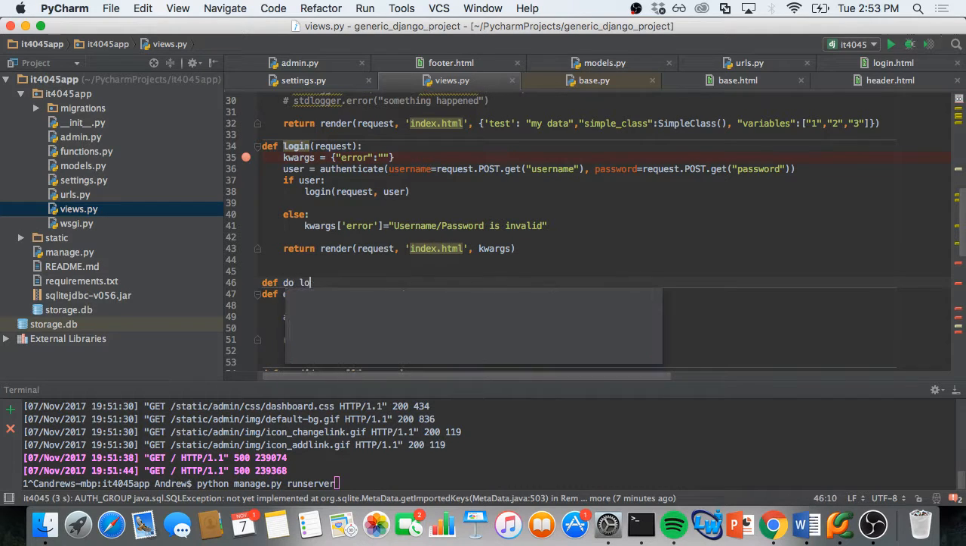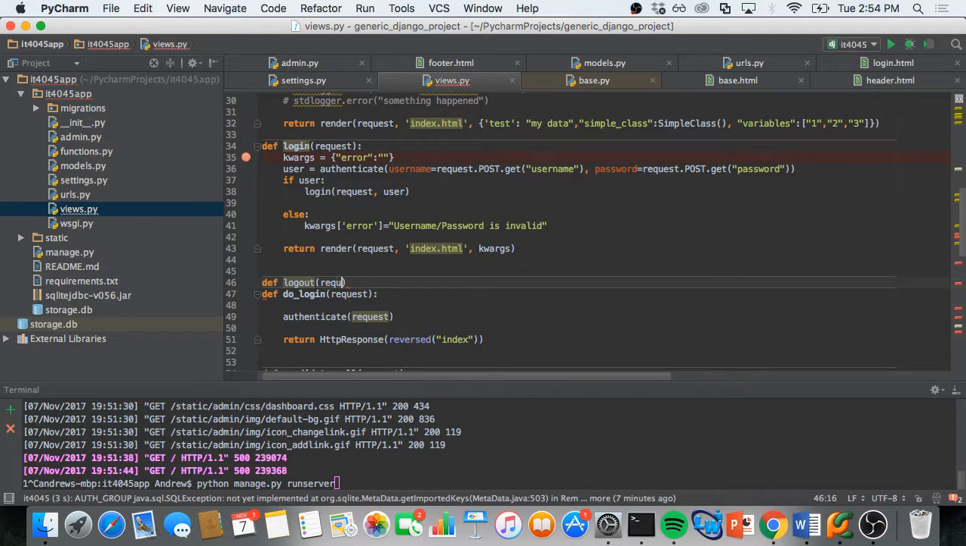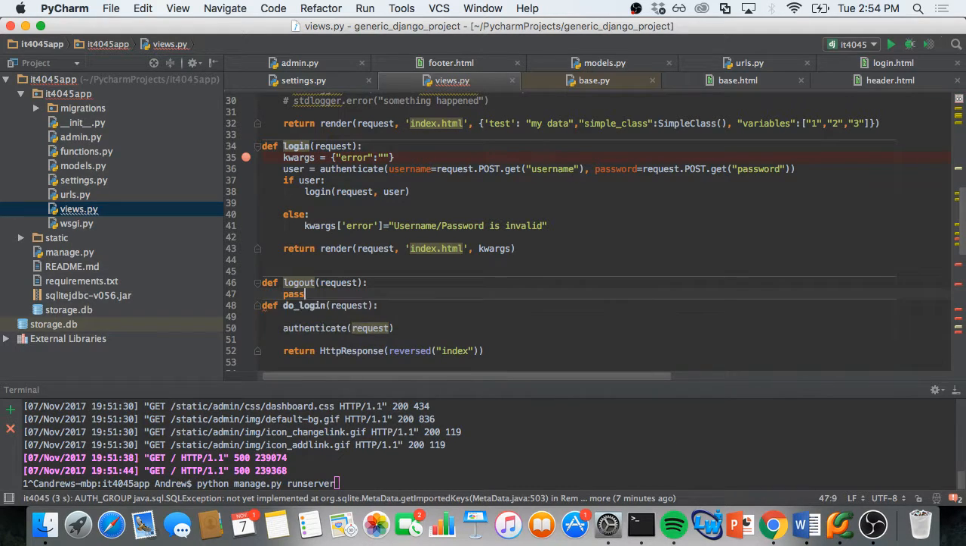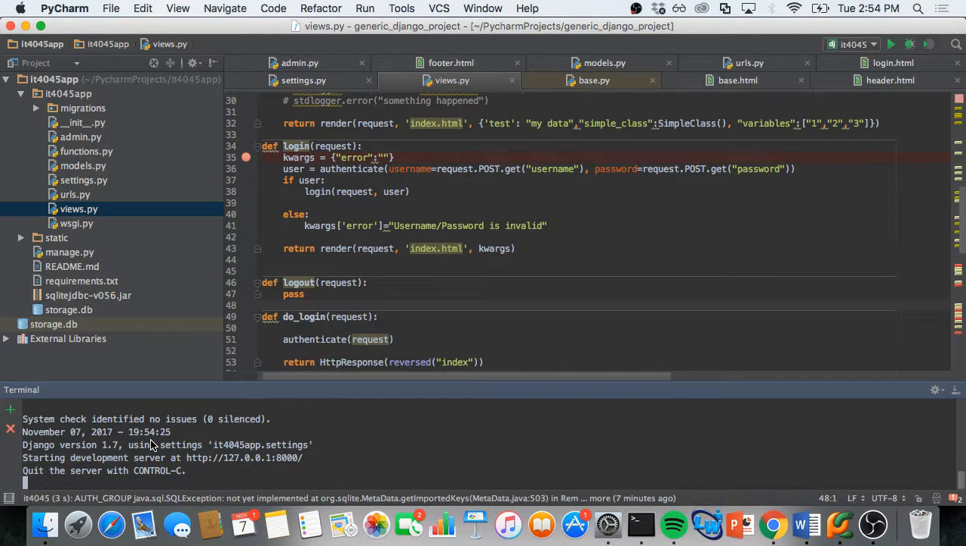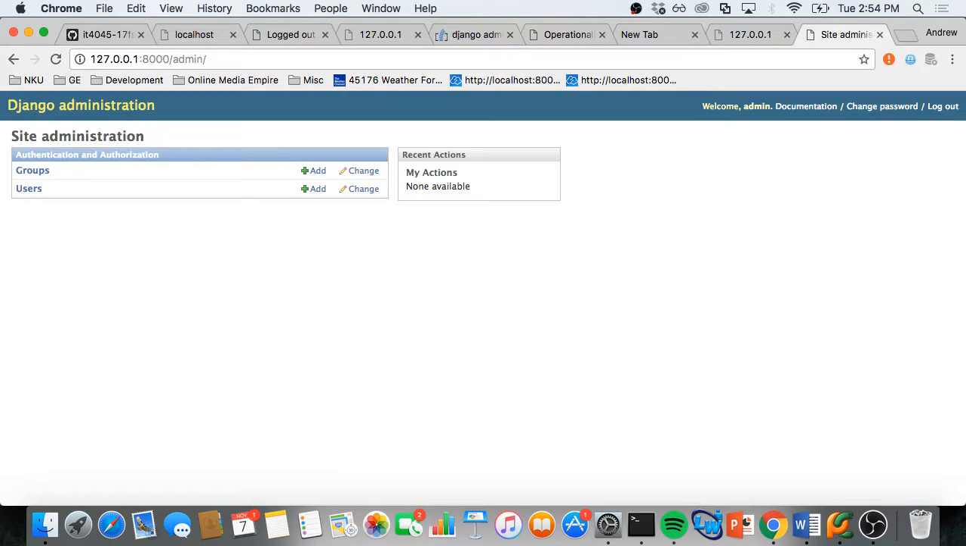The error that we were getting about the name resolution with logout, that's because we hadn't specified a URL named logout yet. And in order to specify a URL named logout, we also have to create a view function named logout. So I've just stubbed in the logout view function, saved it, saved my urls.py. I rerun the server, and assuming everything was done right,